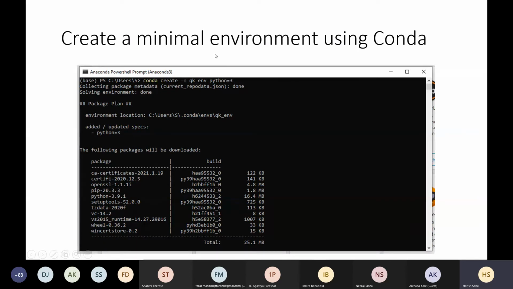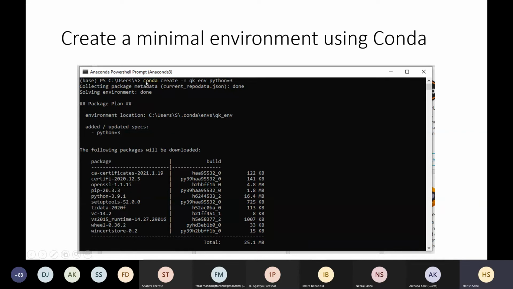Then you have to create an environment for Qiskit. There is the conda command. Using conda, we are creating an environment, namely the QK environment, and I am asking it to use Python 3 for programming.